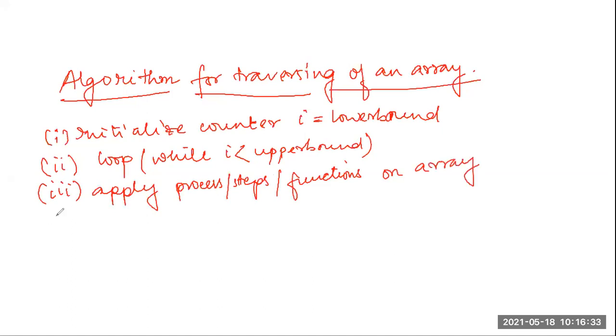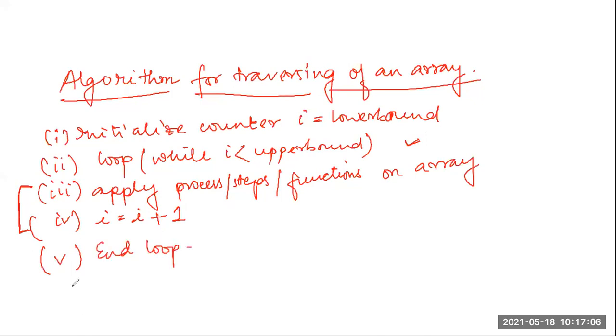Right? And after that I was doing what? I was incrementing my counter, I equal to I plus 1, right? And this thing was going on in a loop while my I value is less than upper bound. So till my condition was met, these two things are going on in a loop. When my condition was not met, it will come out of this loop and go directly to end the loop, and the last step is exit, isn't it?